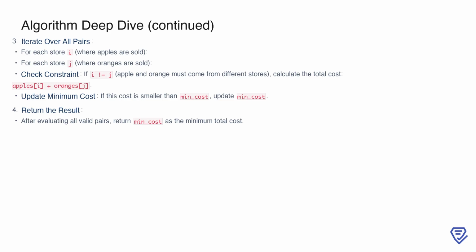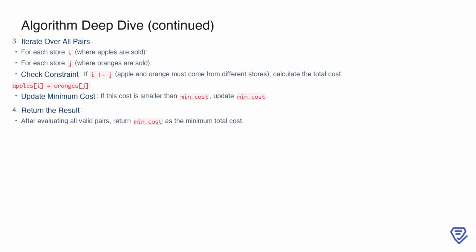To compute the minimum cost, we iterate over all possible combinations of stores. For each store i that sells apples, we look at every store j that sells oranges. For a pair to be valid, the condition i not equal to j must be satisfied, ensuring the apple and orange are purchased from different stores. If this condition is met, we calculate the total cost for that pair as apples[i] plus oranges[j]. If this total cost is smaller than the current value of min_cost, we update min_cost to this